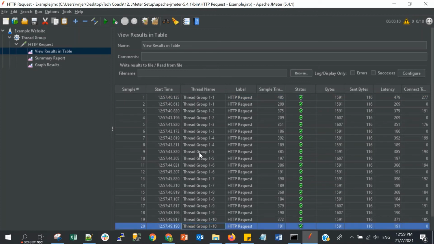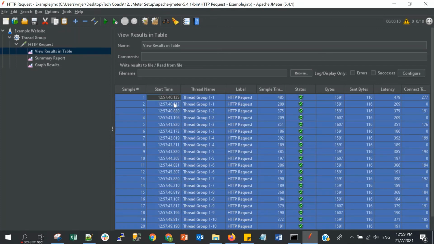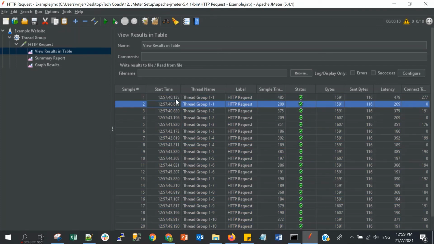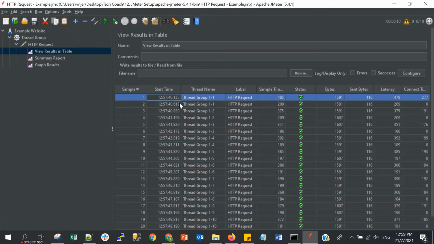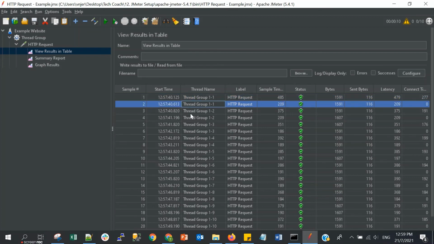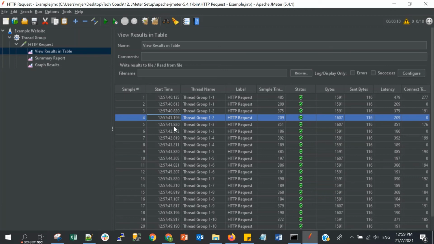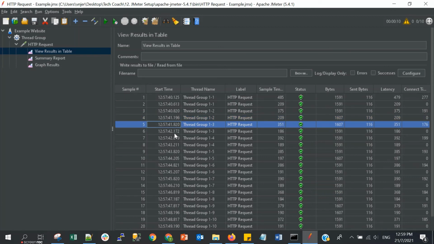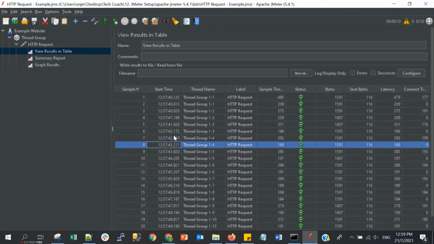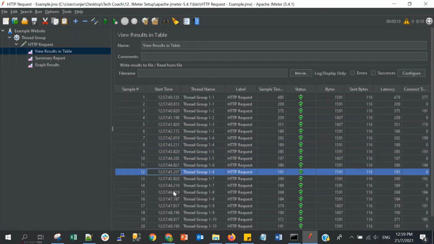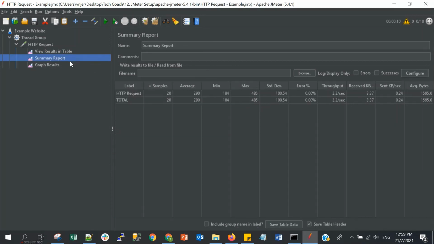All these 20 requests are triggered within 10 seconds because we set the ramp up to 10 seconds. And you can see that between each of the users there is a gap of around 1 second here, 42, 43, 44, and so on.